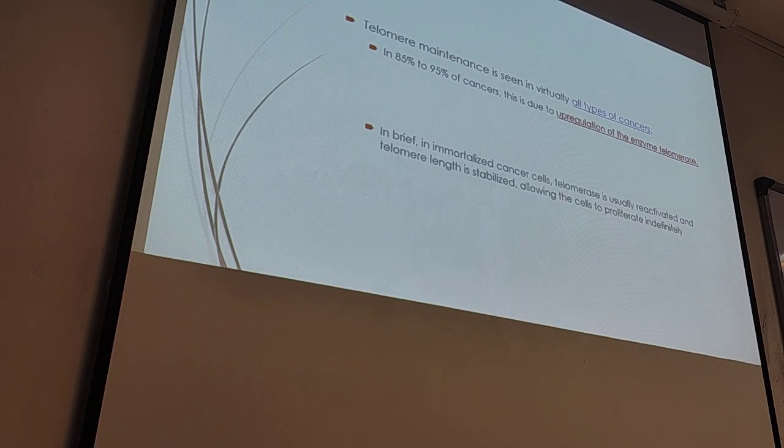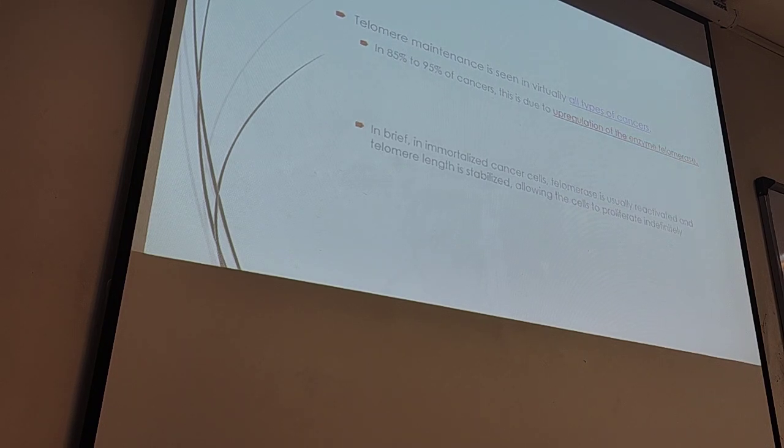Telomere maintenance is seen in virtually all types of cancer. As I said before, in 85 to 95% it is because of upregulation of the telomerase enzyme. And briefly, we can say that in immortalized cancer cells, telomerase is usually reactivated and telomere length is stabilized, which allows cells to proliferate indefinitely without any limit. Okay, and now